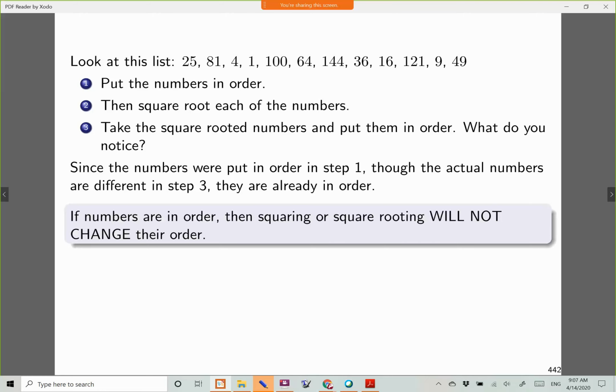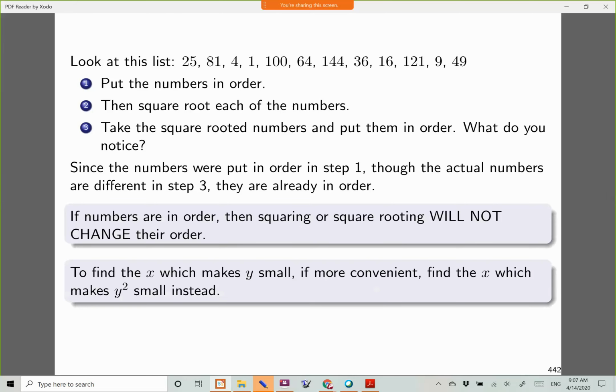However, for square rooting, things are fine. If you have numbers in order, then if you square root, that's not going to change the order. By that same reasoning, if you do the reverse process, you square all the numbers instead, then the order of the numbers won't change. This is an important idea because it leads to this: